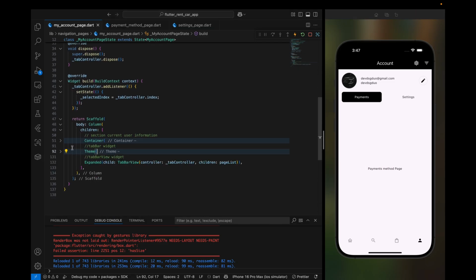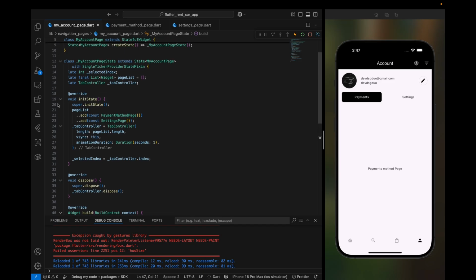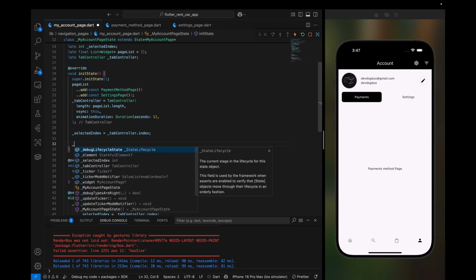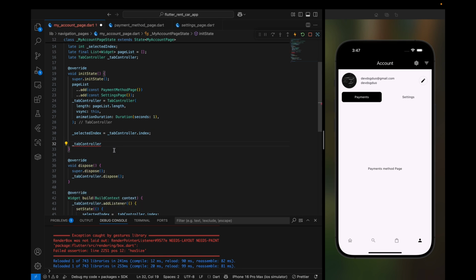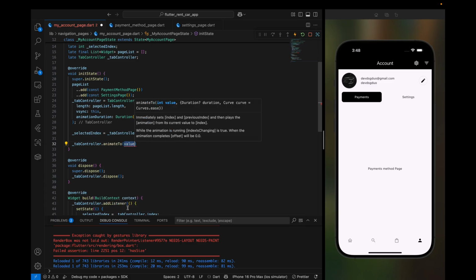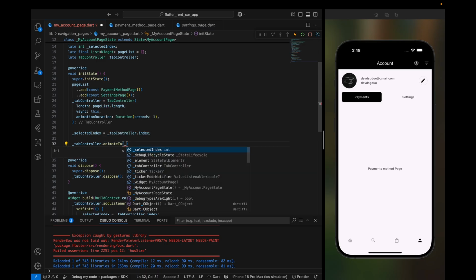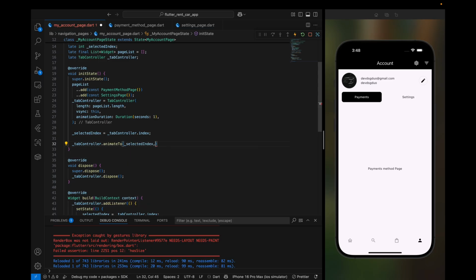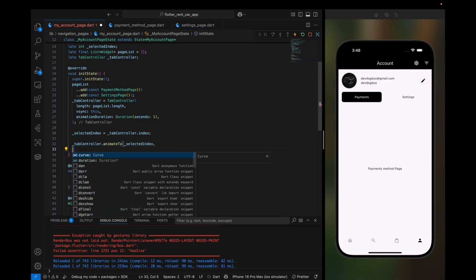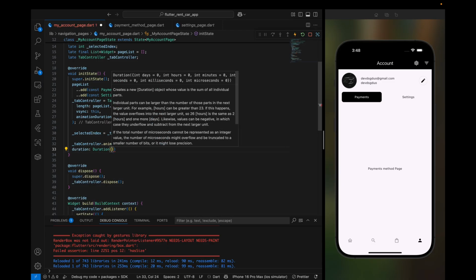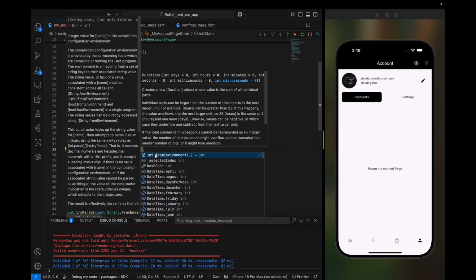So you can minimize everything right here. Let's go inside of this initState. After defining the selected index, we can call this TabController and do a dot, and then use this method animateTo. If you hover over it, you will see the first property is this index value. So right here we can call our selected index, give it a comma, and then you can call this duration. Now let's call the Duration with microseconds, and let's say 500,